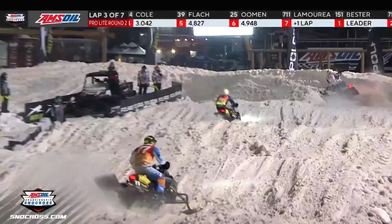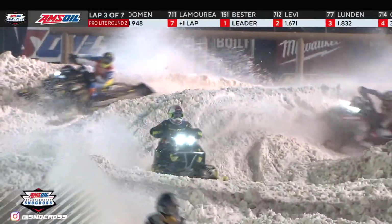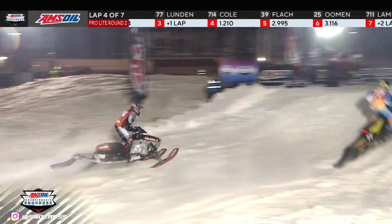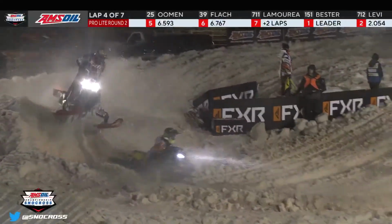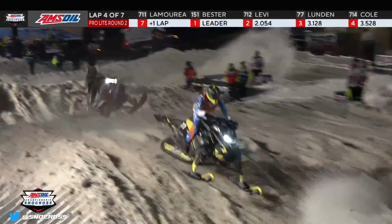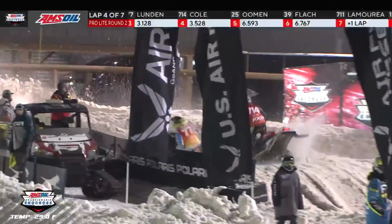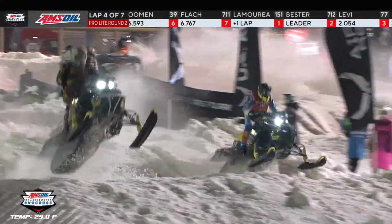We can see how deep the holes are getting here between the jumps. When they land, when the snow is wet, it just kind of splashes out, quite literally, because there's standing water in a lot of places around the racetrack from where we had melt during the day today when we had some sunshine in the first part of the day. Yeah, it really cooled off, and I think that really saved us with the cooling temperatures, helped preserve the track just a little bit more, and we're expecting great snowcross weather tomorrow that will help preserve the track, and we'll even get some natural snow, a few inches in the mix,